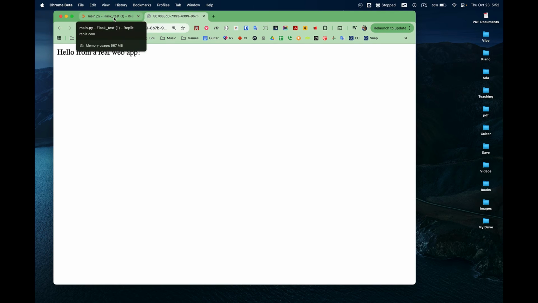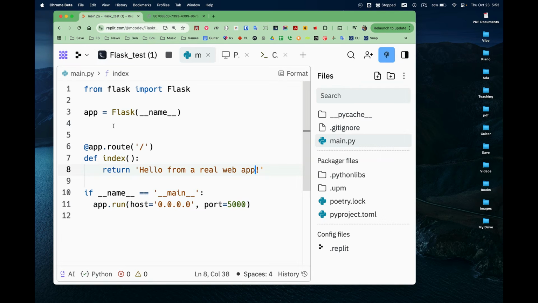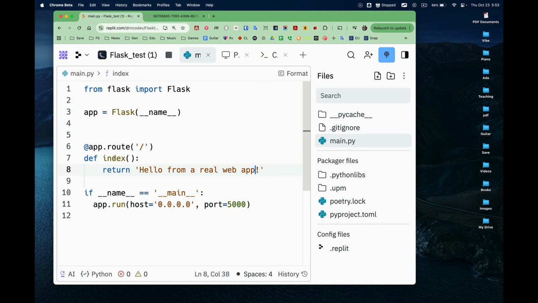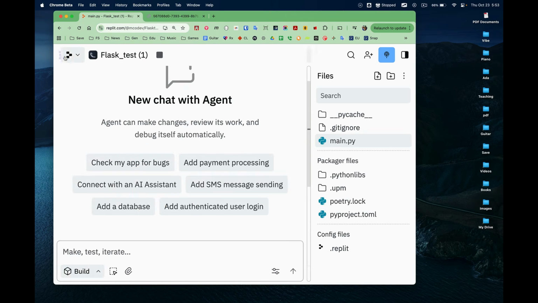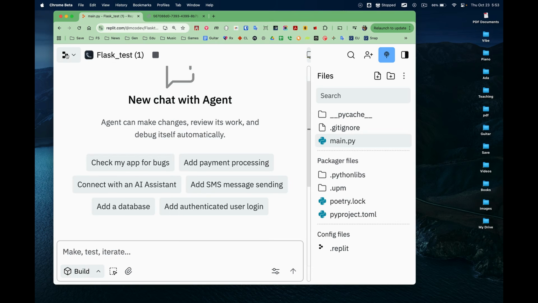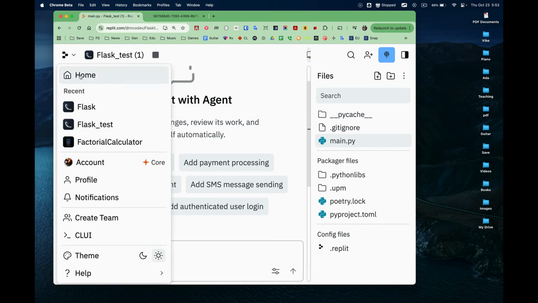The last thing I wanted to do was add just a little bit more interactivity to it. And if you remember during class, I used some code to make the background color of the app change. So let's do that together. I'm going to go back to my home page for Replit, and I do that in the upper left here. There's that little Replit icon, and if I click down there, I can click home,